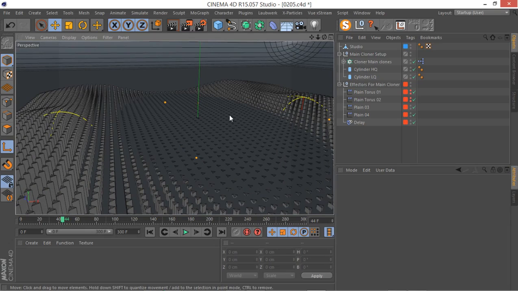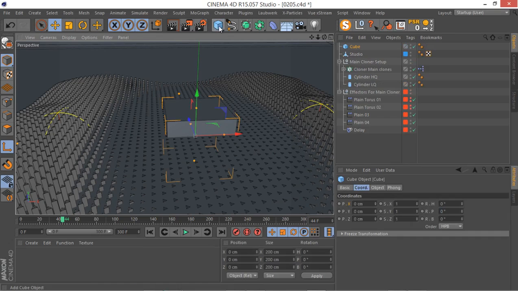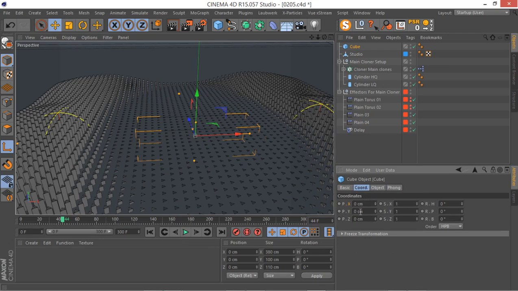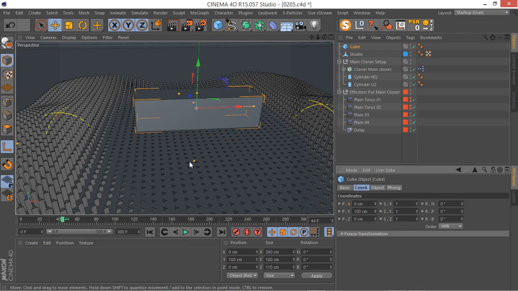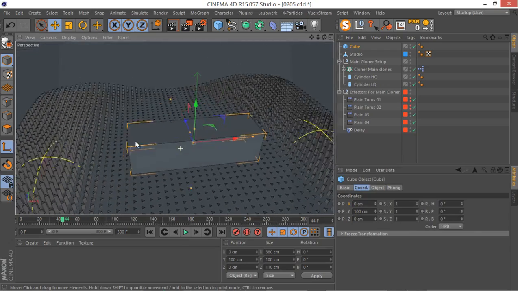We're going to be creating the shader effector inside After Effects and bring it inside to Cinema 4D and use it. Before doing anything, I just want to know the whereabouts of my main logo, the cloner that will go, and our main focus will be on that. So I am going to create a simple cube with this dimension here, about 380 on X, 100 on Y, and about 110 on Z, and make sure it's 100 centimeters on Y so you can see it. This is where the logo will reappear,